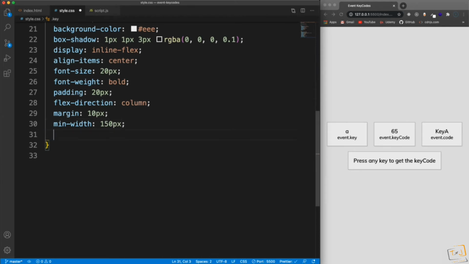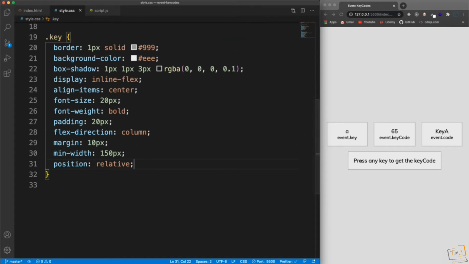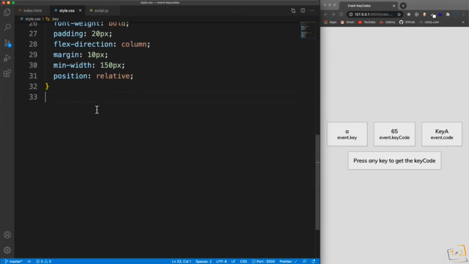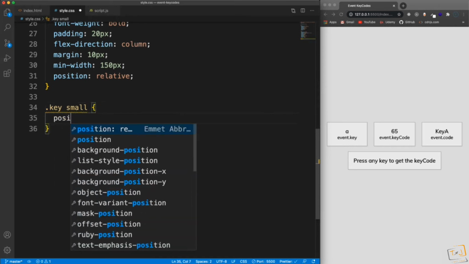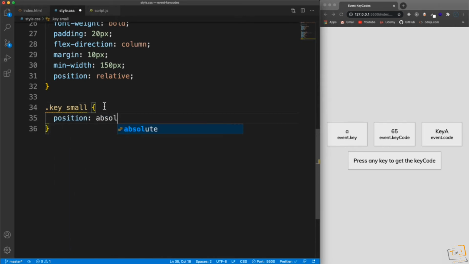Alright, so now we'll do the small tags. Actually, one more thing I want to do is position this relative, because the small tags inside of the key class are going to be positioned absolute. So when you position something absolute in CSS, if you want to position it inside this container, then you would make that position relative. So let's take the key class and small tags inside of it, and let's position that